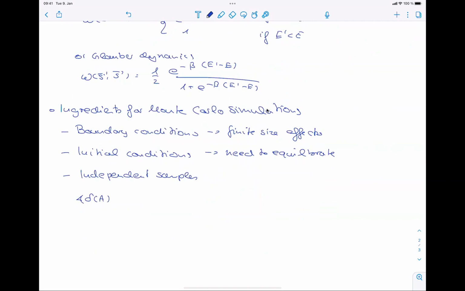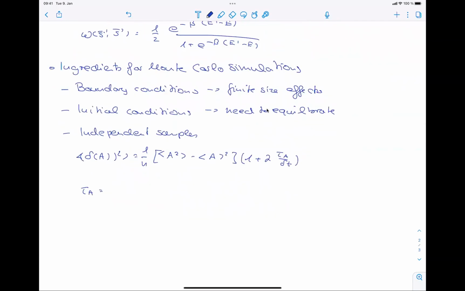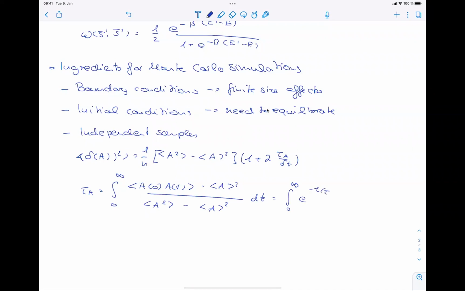where we calculated the average error in our observation of an observable A. If the states are not fully independent, then apart from the statistical error, I get another error which scales with a factor of 1 plus 2 T_A over delta t, with T_A being the correlation time and defined by A at 0, A of t minus A squared over A squared, normalized that way, which is the same as integrating